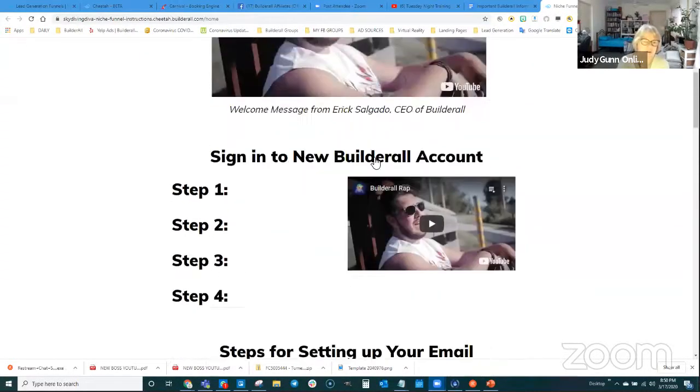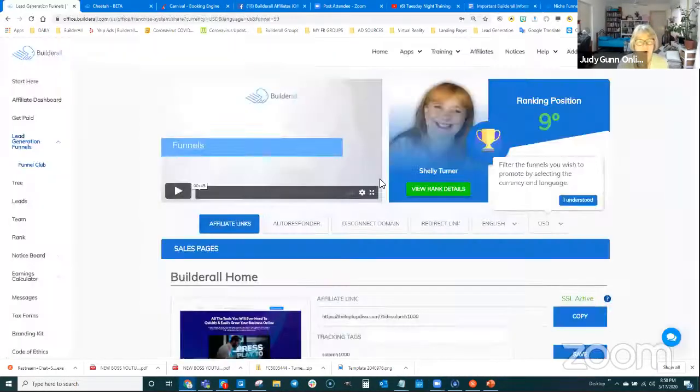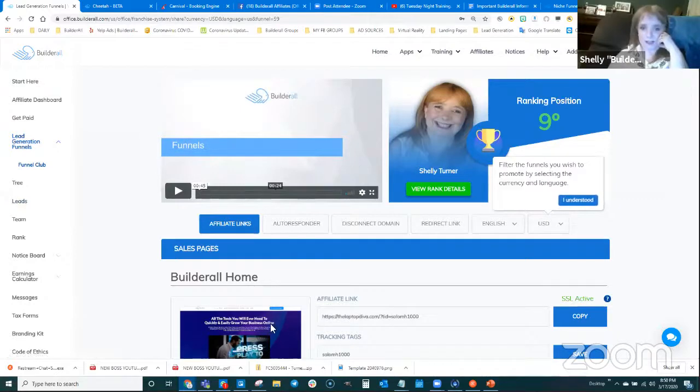No. It was in your back office and you could see all your pages. See that first one there that says all the tools you will ever need to quickly and easily grow your business? You had it different. Did you change that? I can't see where. All the tools that you'll ever need to build and grow your business.